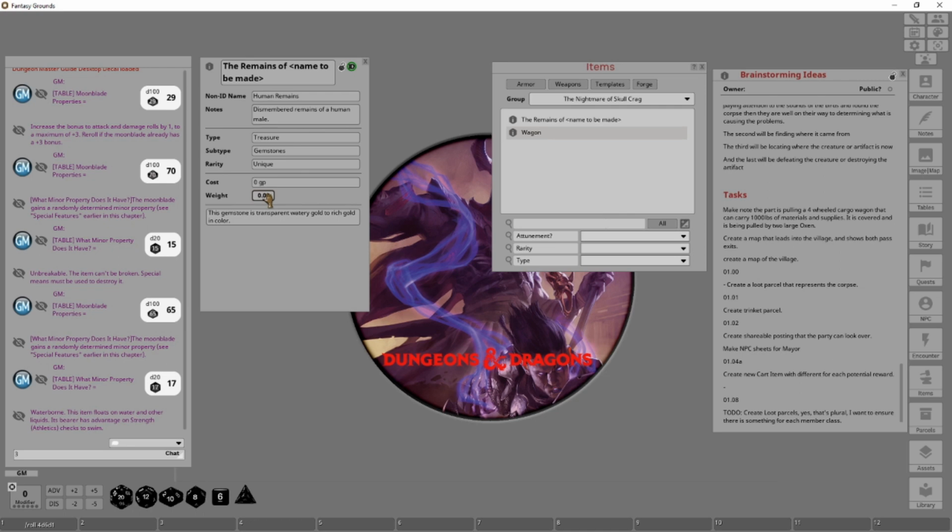Let's see. The average weight of a human male in D&D is approximately 150 to 180 pounds, if I'm not mistaken. Seeing as this body has been dismembered, let's say 120 pounds of it is left. All right. I don't know why selection seems to be broken at the moment. It might just be some side effect of the update that just happened. All right. So with this particular